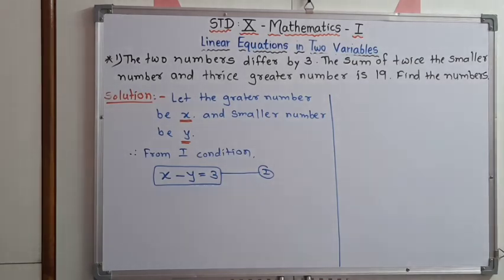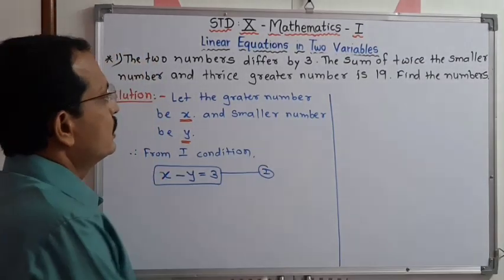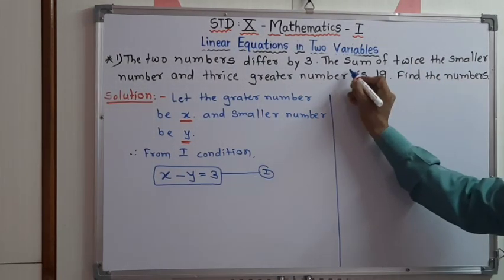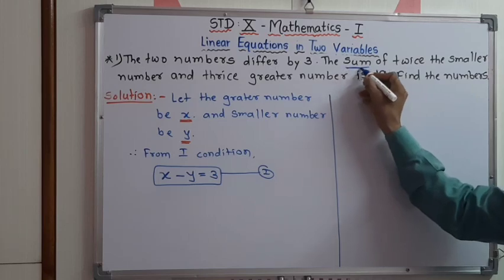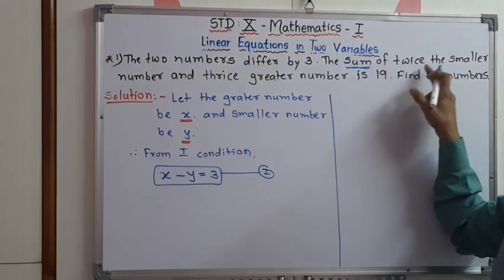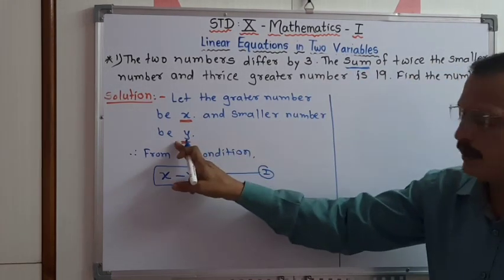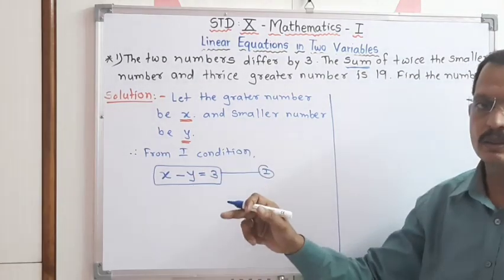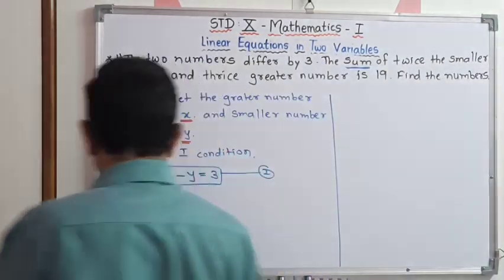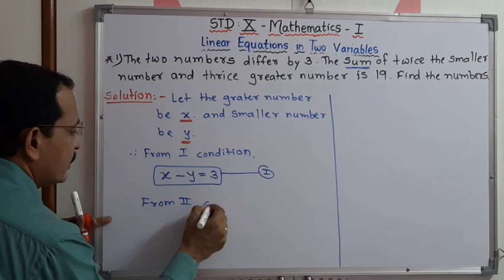Now see the second condition. Here also we have to do the sum. But sum of what? The sum of twice the smaller number. Smaller number is y. We have to make that twice, that means we have to multiply that number with 2. Therefore, here we can write from the second condition